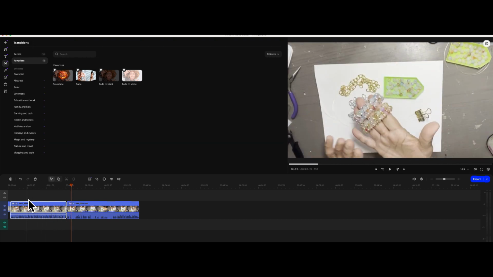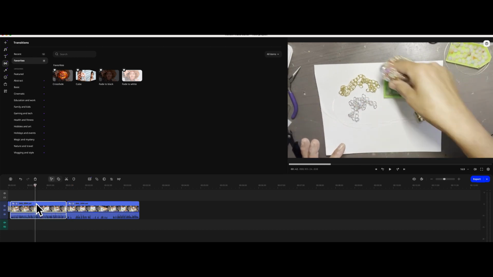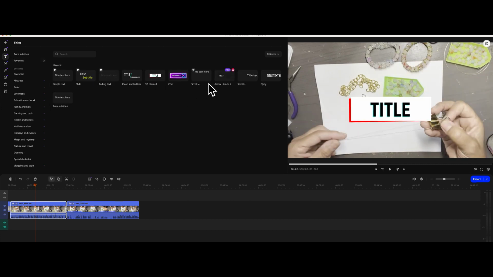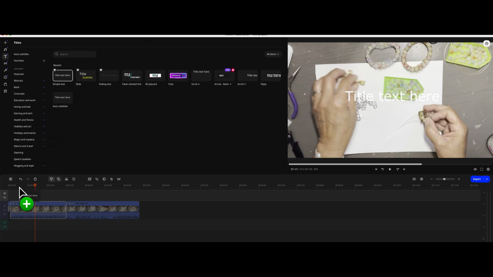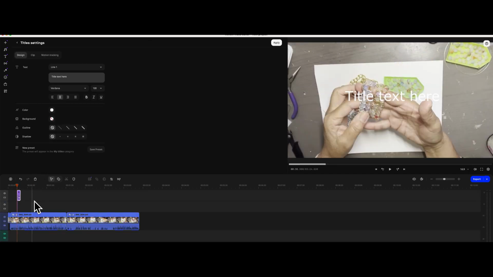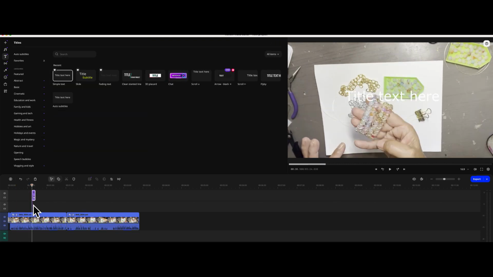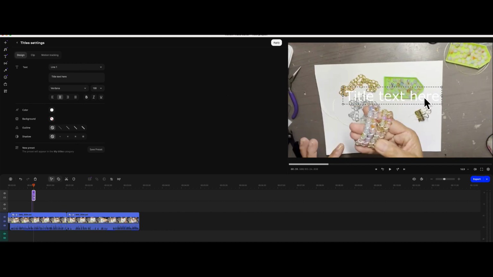Also, let's say you want to put a little bit of text. You're going to go here. They have so many different ones, you guys. You can go crazy with this, but I usually use the simple one. So I bring it down here and put it where I need it. Let's say I want it right here. And then I click on it, and then I can say,